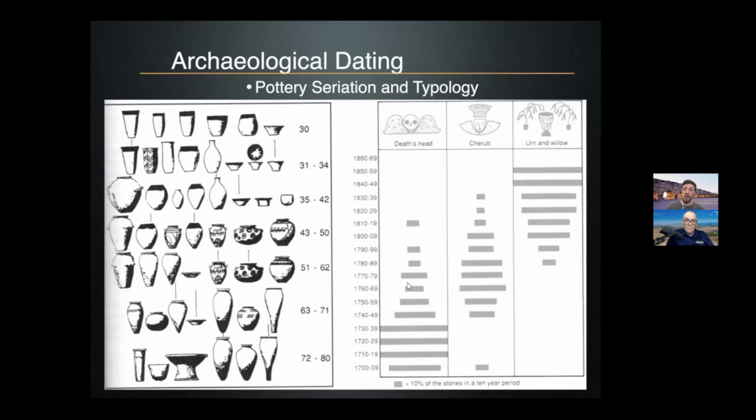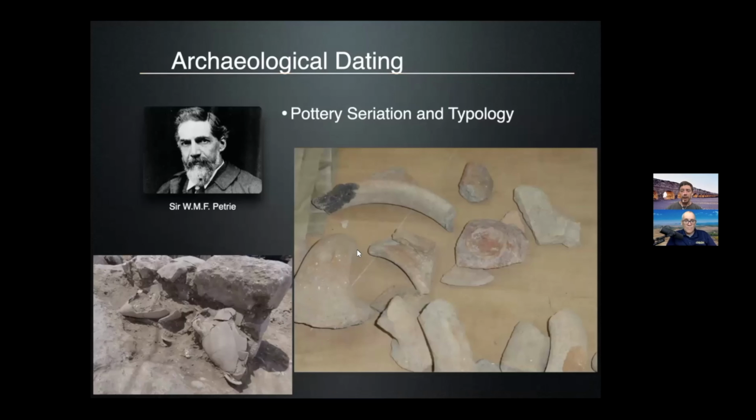And so we can say this type of vessel. So if I come back to this one, I can look at these jars here. And once we reconstruct them, I can say they look like they're Iron Age 1 or Iron Age 2A types of vessels, because we know store jars earlier than this look different. We know store jars later than this look different as well, because of the relative development of them.